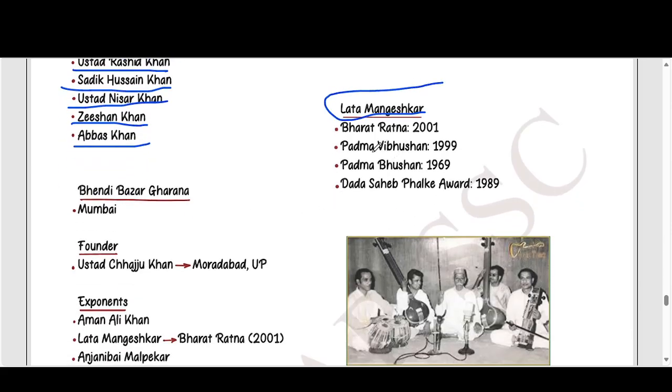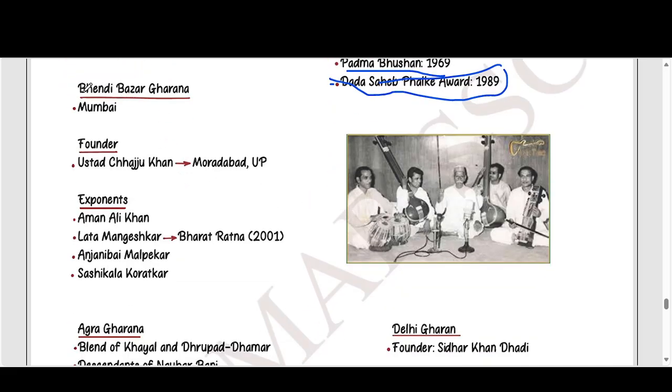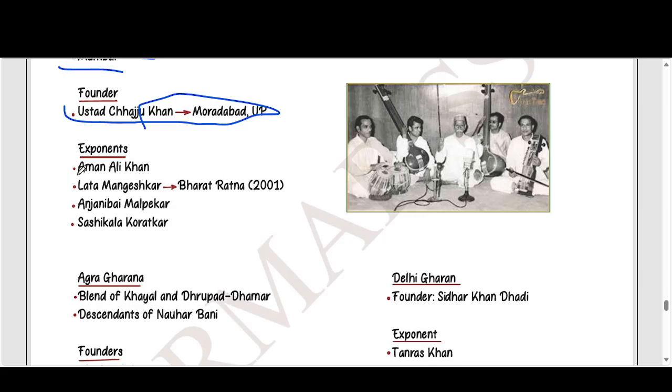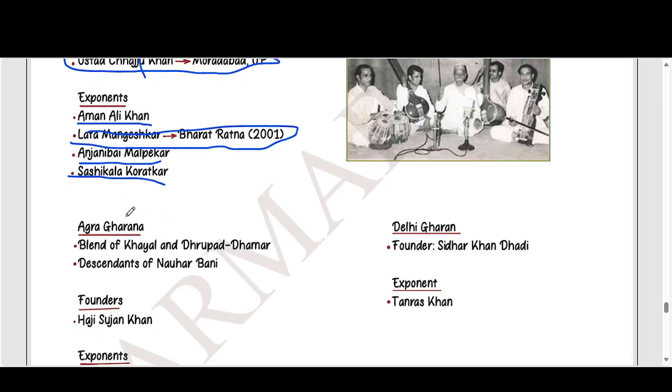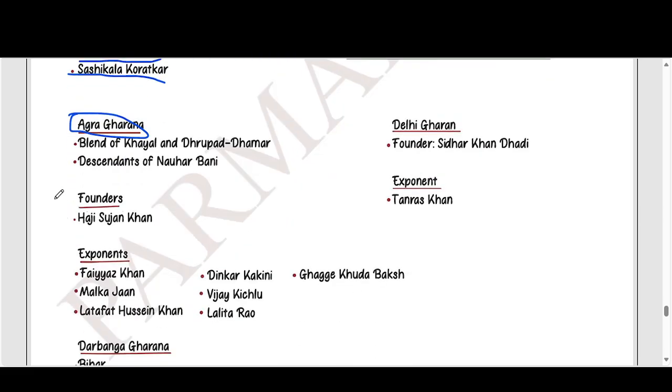Lata Mangeshkar, Bharat Ratna 2001, Padma Vibhushan 1999, Padma Bhushan 1969, Dadasaheb Phalke Award 1989. Bhendi Bazaar Gharana, Mumbai, founder Ustad Chhajju Khan, Moradabad, UP, Amir Khan, Lata Mangeshkar, Anjanibai Malpekar, Shahid Parvez, Kolkata. Agra Gharana, a blend of Khayal and Dhrupad Dhamar,